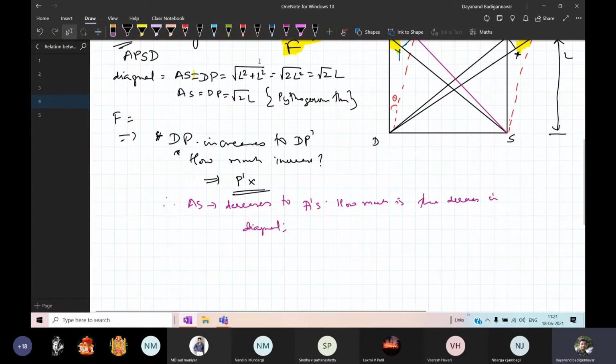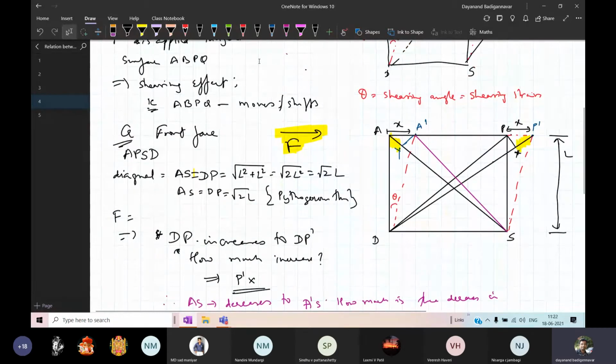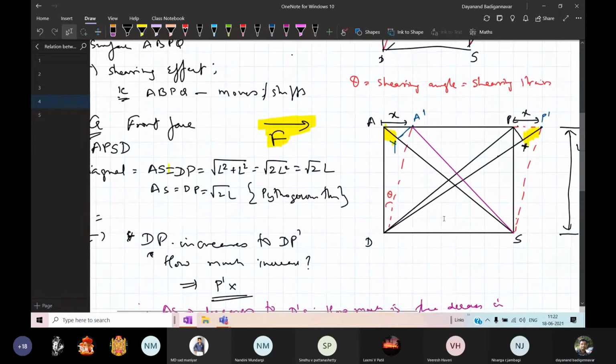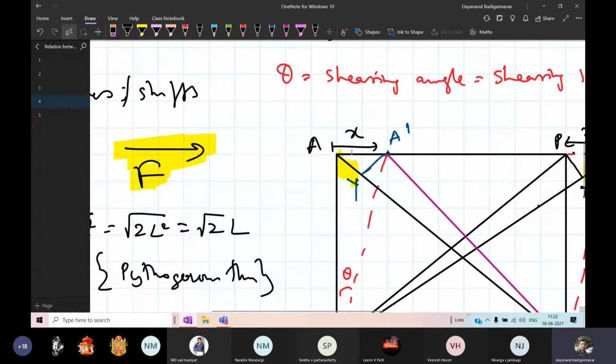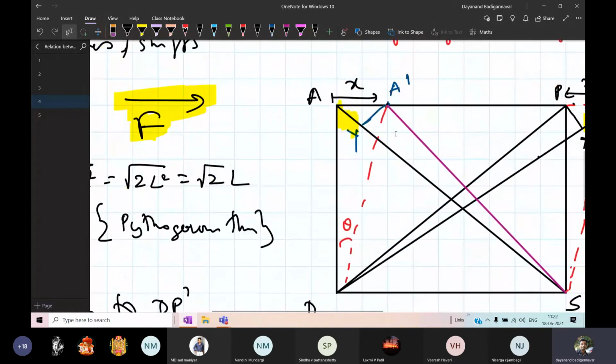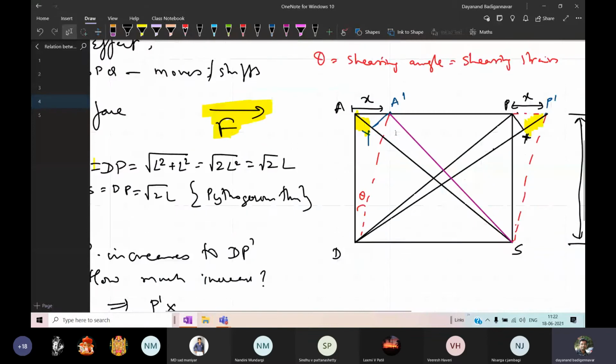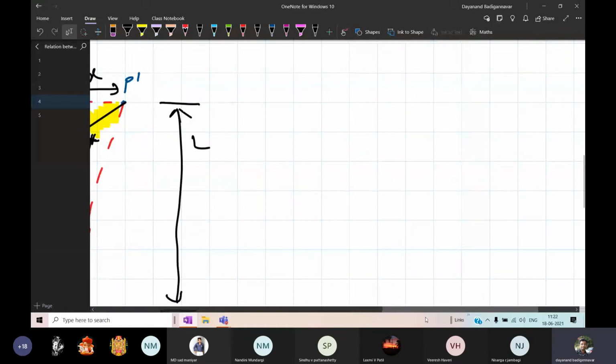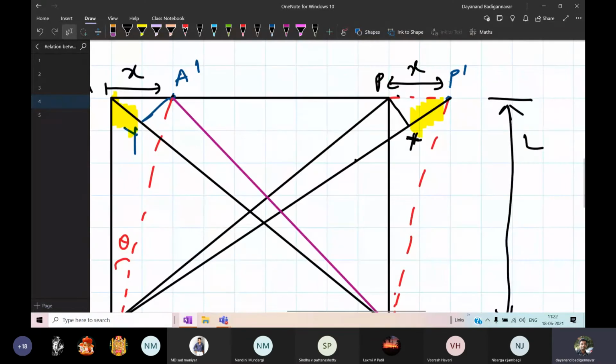Okay, got it. Now keep in mind, if you look at this part, along the diagonal A dash there is a decrease in the diagonal, while in this region there is an increase in the length. You can see here on the screen, P dash X is the increase in the diagonal. Therefore, there is a total extension that is produced along the diagonal PX.